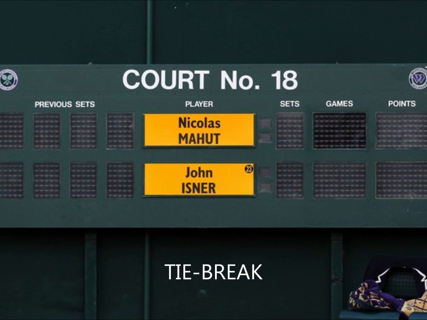and that situation is known as a tie break. In that situation, you have to play a tie break. That is, you have to win 7 normal points. In this, you don't call 15 love, 30 love. It's simply 1, 2, 3, 4, 5, 6, 7. If you win 7 points with a difference of at least 2, that is 7-5 minimum.